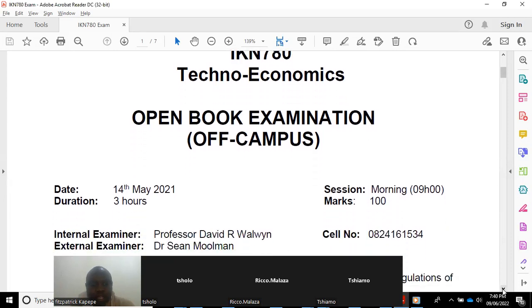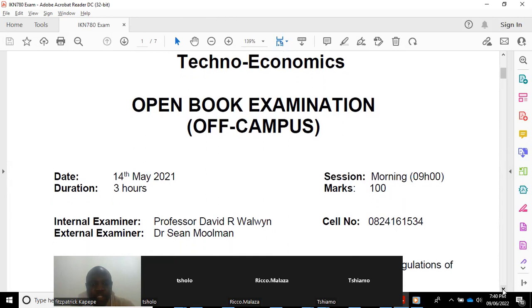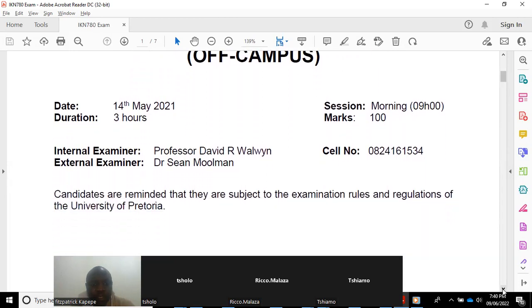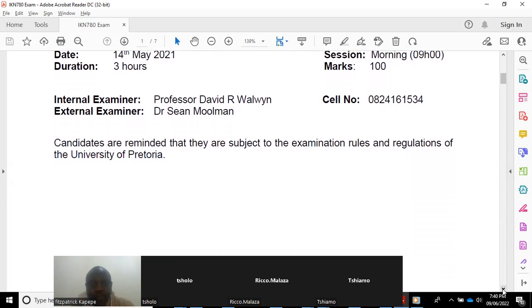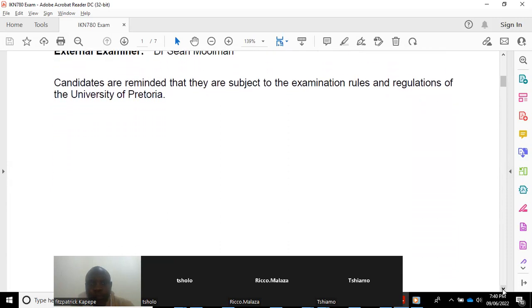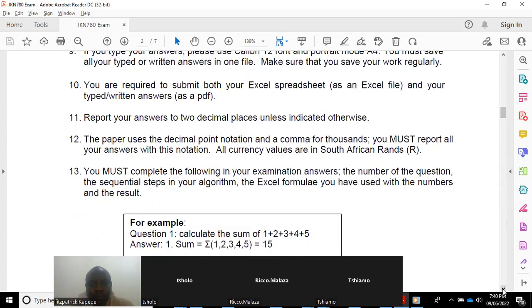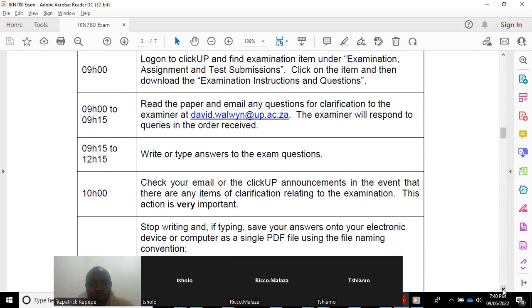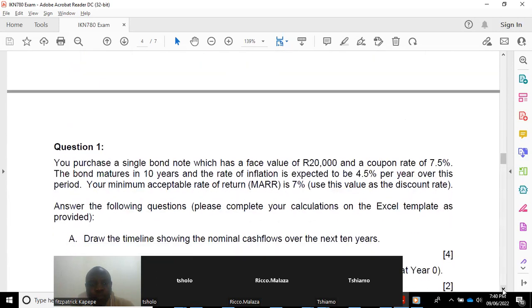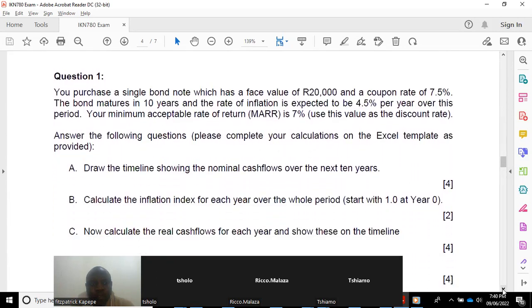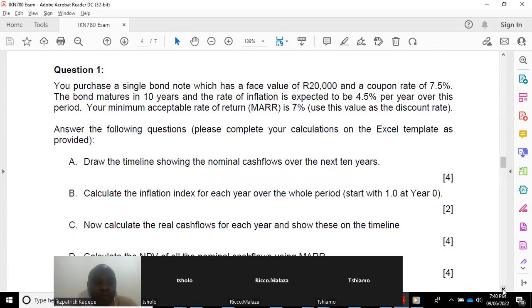So Tiamo requested that we look at this paper, last year's paper. We'll quickly look at question 1, then we'll go to question 2. Hopefully we'll also go to question 3 today, since it's the last day. The question reads,